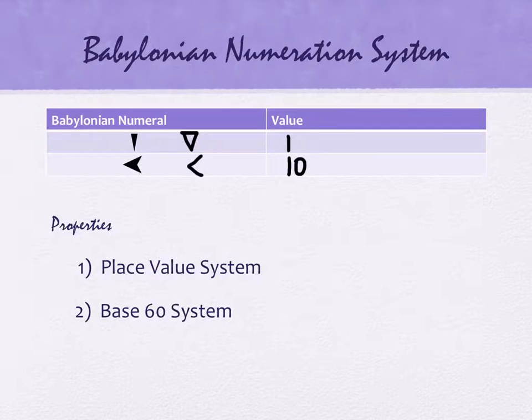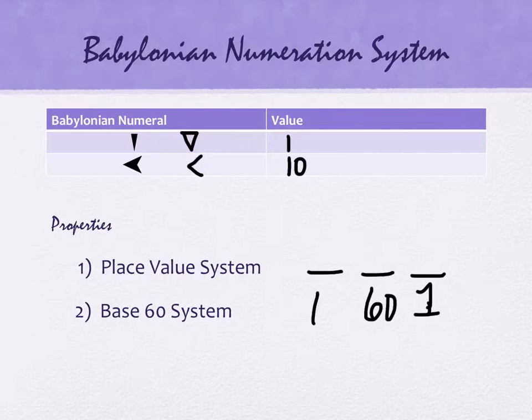Okay? So in our system, for instance, here's the ones place on the far right, and our next place value is worth 10. Well, theirs is worth 60. And our next place value is worth 10 squared, which is 100. Theirs is worth 60 squared, which is 3,600. And then it'd be 60 cubed, and then 60 to the fourth. And so you can get really large numbers very quickly because you square and cube 60, which is a very